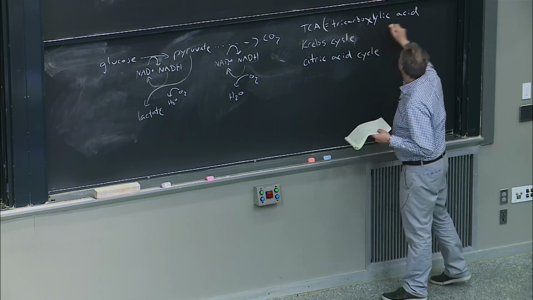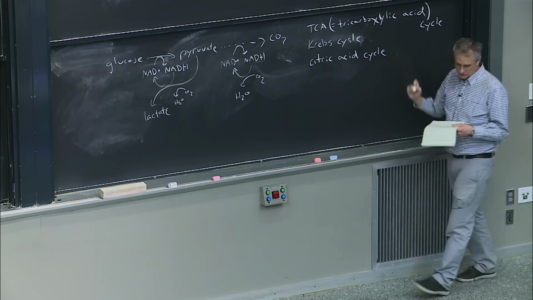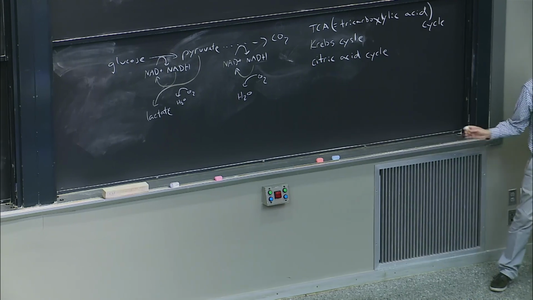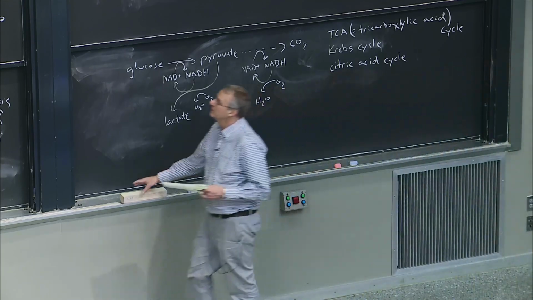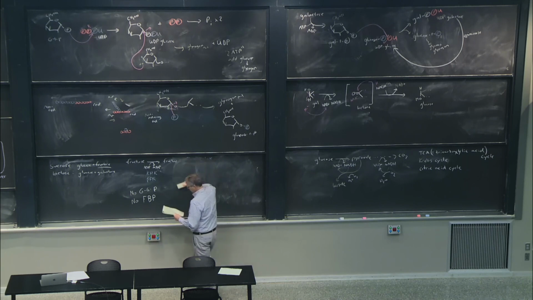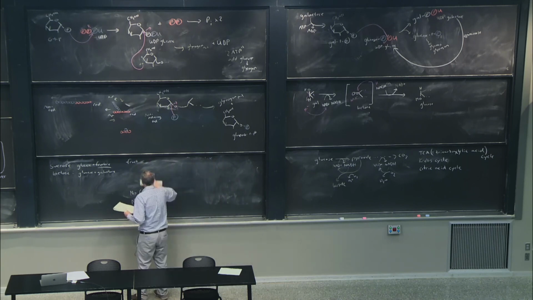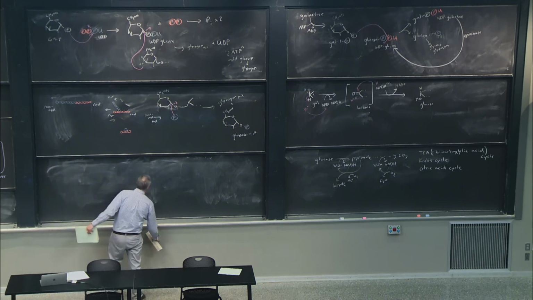So TCA, tricarboxylic acid cycle, Krebs cycle, citric acid cycle, all synonyms for the same thing. What these cycles are is basically a way to take